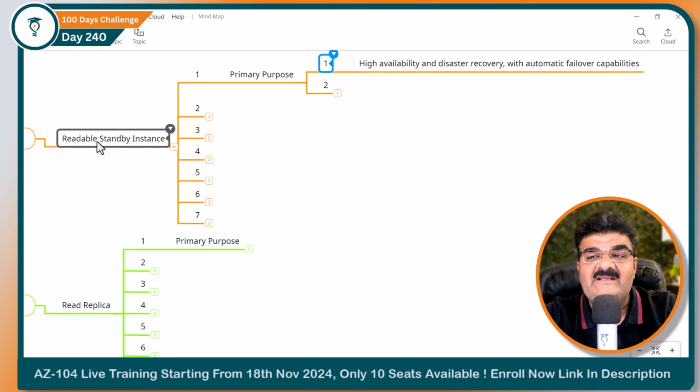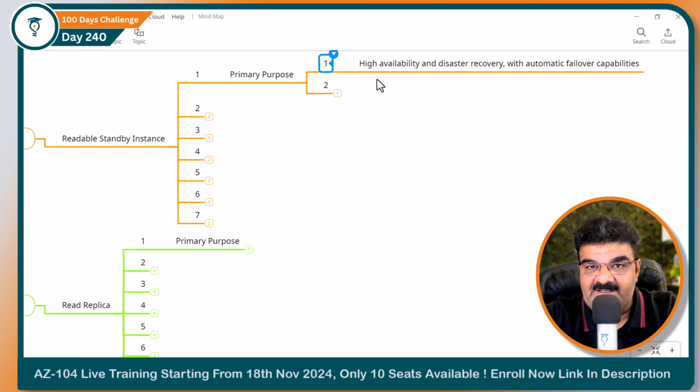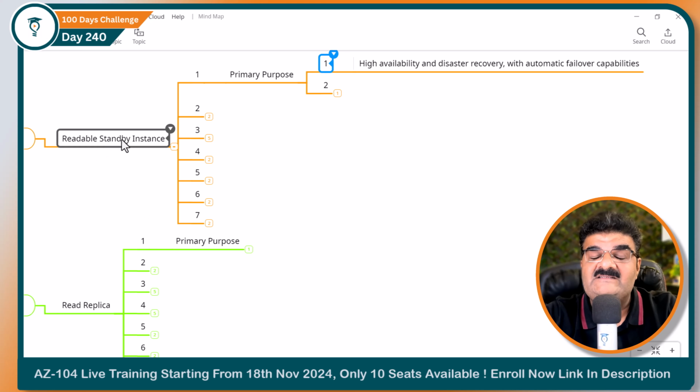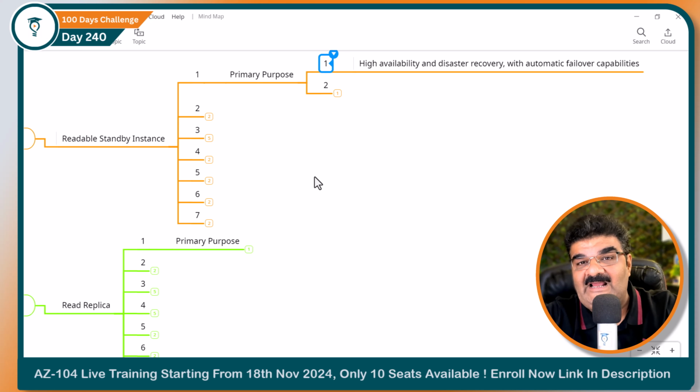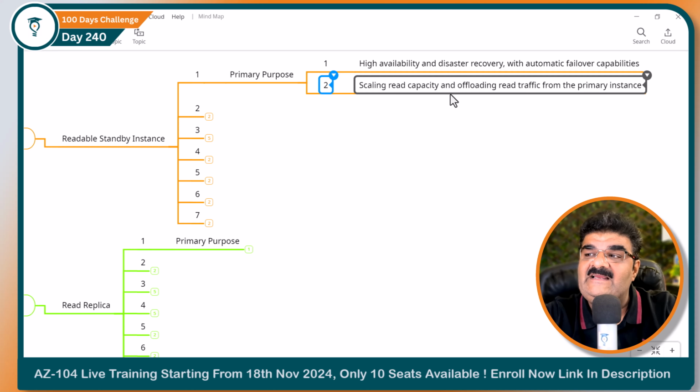When we are creating a Readable standby instance using a multi-AZ DB cluster, we are getting high availability because the Readable standby instance can become the primary instance anytime if the primary goes down. So here we have the capability to become primary if the primary goes down, right? Another use case or purpose of a Readable standby instance is scaling read capabilities and offloading read traffic from the primary